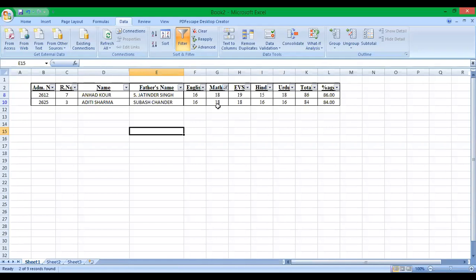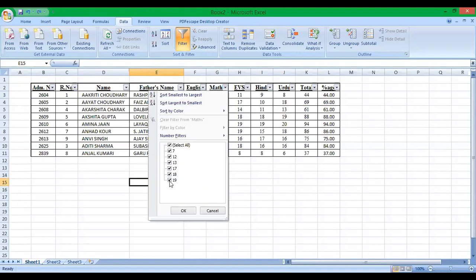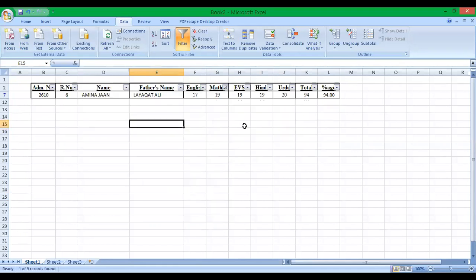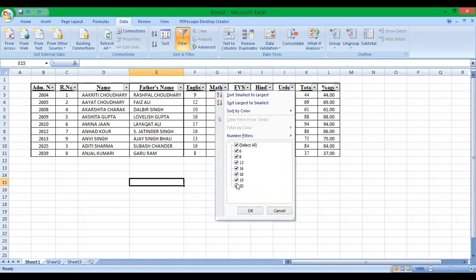Now, for example, I'll tell you again. I'll see the highest marks is 19. Click on select all, then select only 19. Okay. Now I have the details of who has the highest marks in maths. Same way, if I want to see who has scored the highest, the largest marks are 20.